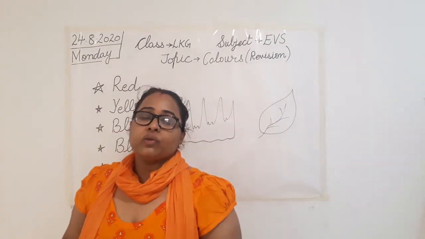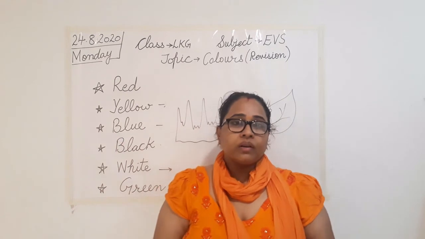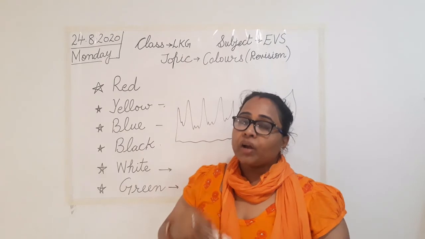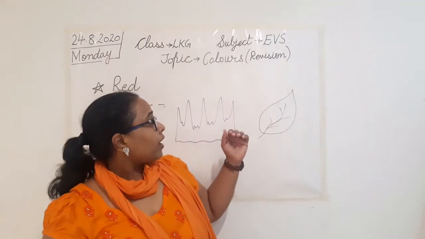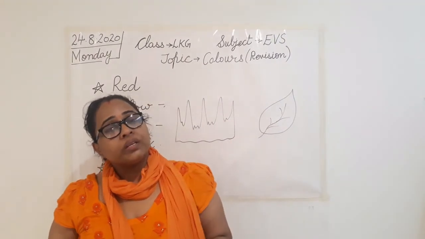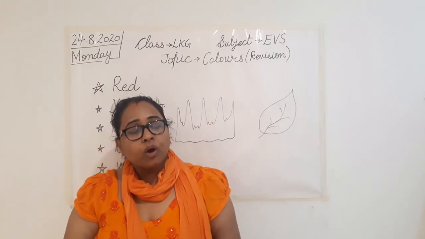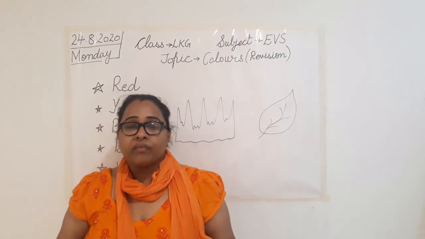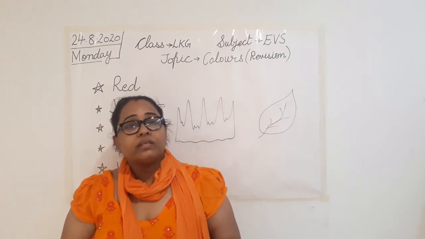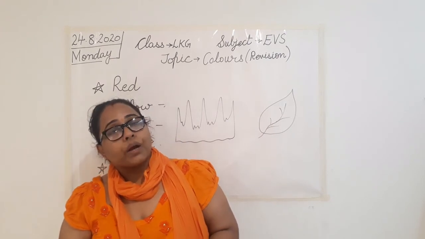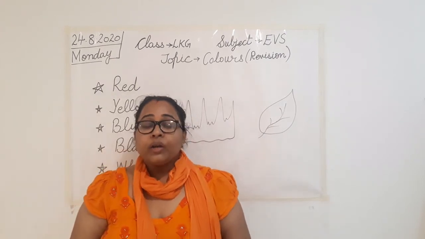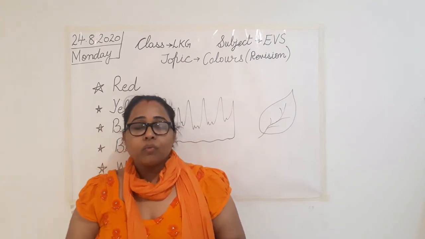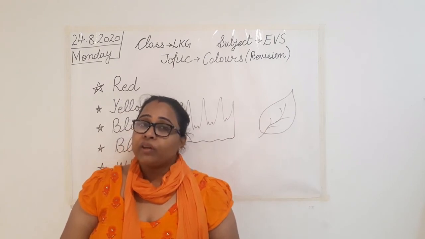So class, you have understood how you are going to practice today's work. So keep revising the things. So today we have revised the topic of colors, and we have also tried making some objects related to these colors. So this is the one topic which we have done revision. Now please keep revising all the things that we have done till now, so that it is easy for you to attend the upcoming assessments. Clear everyone? Don't forget to share your beautiful colors and pictures after completing the work, that I want to see how beautifully you have done your work.